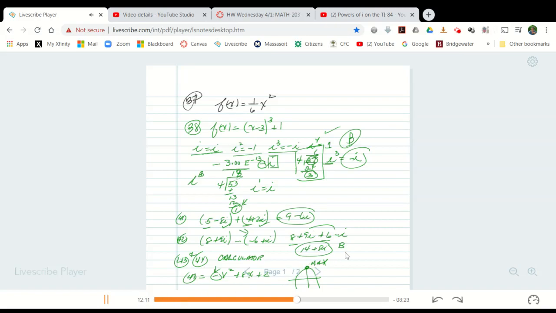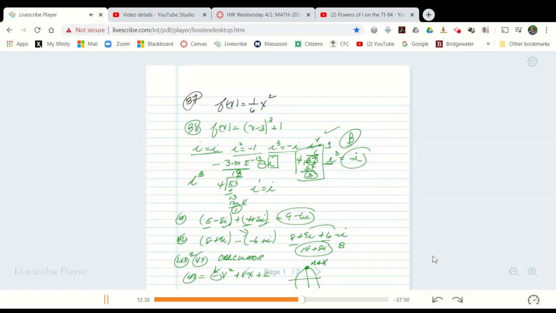Number 48, here again I won't ask you this, but what you would do to find a degree, you would add the two exponents. Number 48, the first parenthesis has an 11, and the second parenthesis has a 4. If you add 11 and 4, you get 15. So your degree is 15, letter B. Number 49,